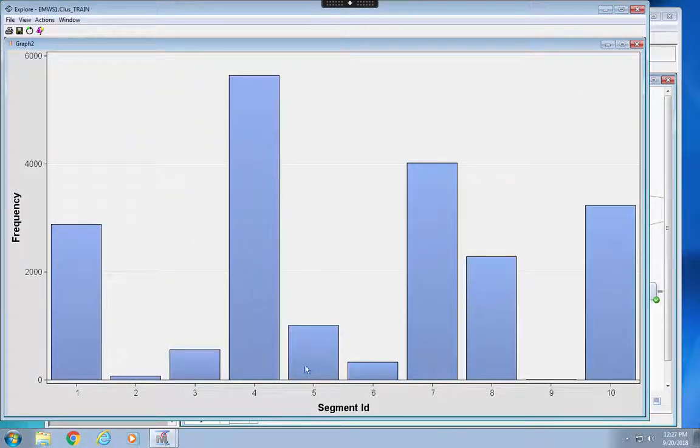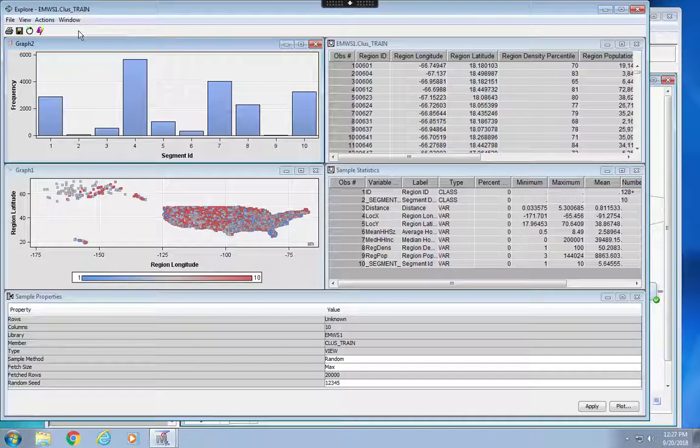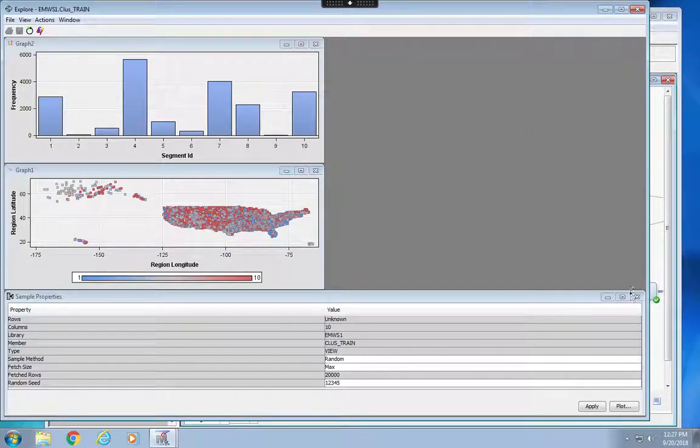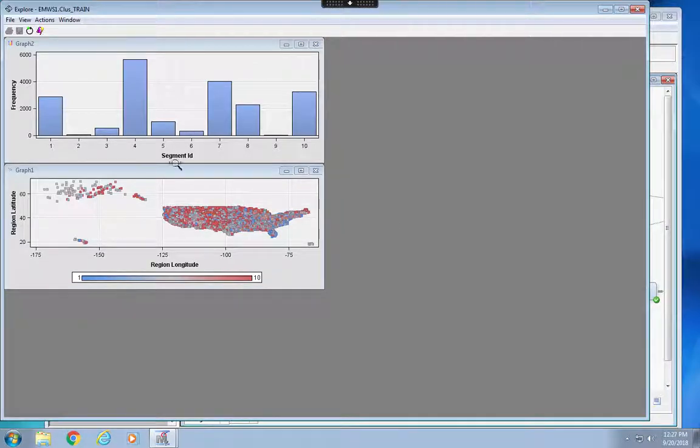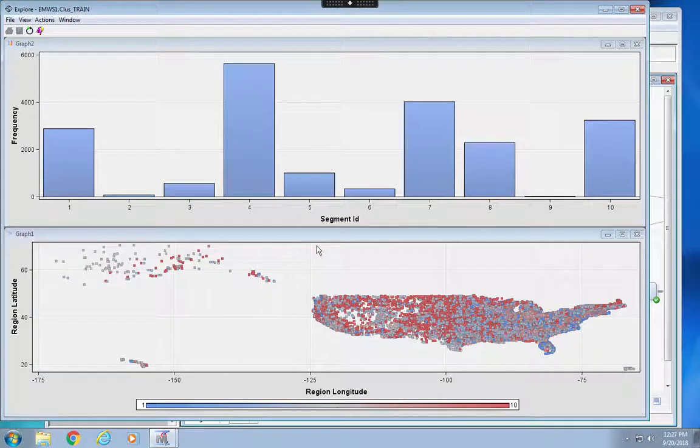Segment 4 accounts for this many observations, followed by segment 7, and so on. Then go to View and select Tile, exit all the other windows other than these two, and select Tile again. Now you can see them